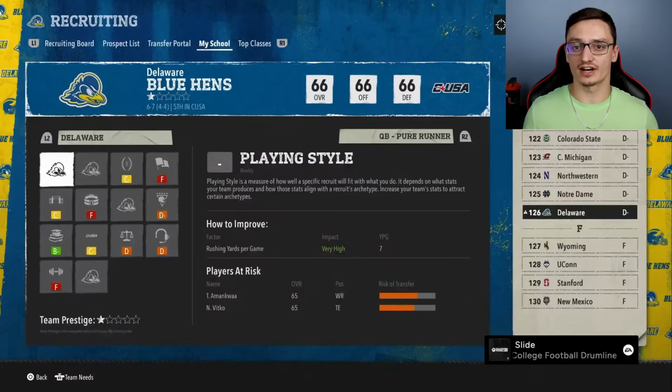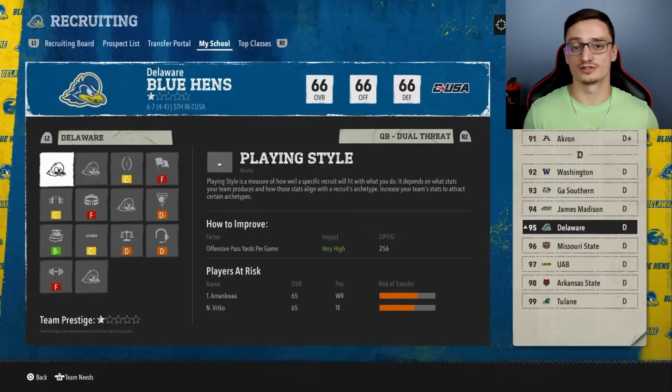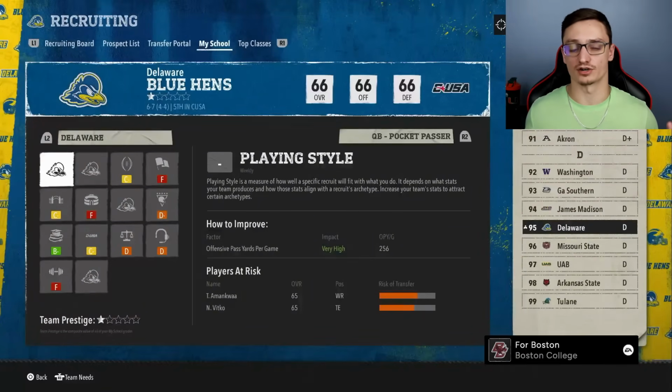If you're trying to find quarterbacks who are more of a run-heavy quarterback, then getting rushing yards with your quarterback is going to help that out. Because you see all the other ones, dual threat, your backfield creator, and your pocket passer, all three of the other archetypes of quarterback only care about offensive pass yards per game. So really, if you just throw for a lot of yards and then specifically make it a point to run with your quarterback for 50 plus yards a game, you're really going to have a great chance at all of